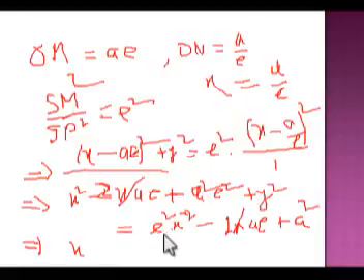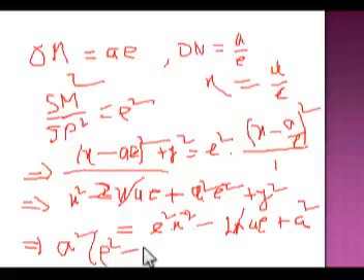Since e square is greater than 1, we'll take it in another way, a square e square minus a square. A square is carried to the left hand side, then a square equal to e square